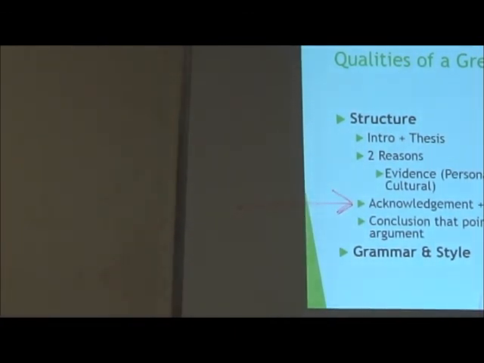So instead of having 3 reasons that go into the same topic, like, here are my 3 reasons why losses are more important than victories, right? Because that's super elementary and boring. You're going to do 2 of those. And then your third one, you're going to acknowledge what someone on the other side would say, right? Someone who's going to say, well, victories are actually more important. And then you respond by saying, well, you're wrong because, right?